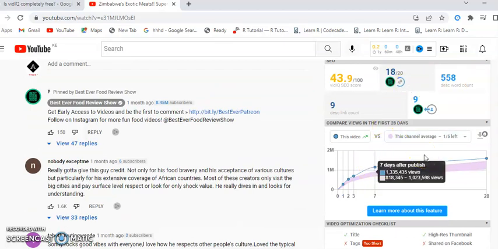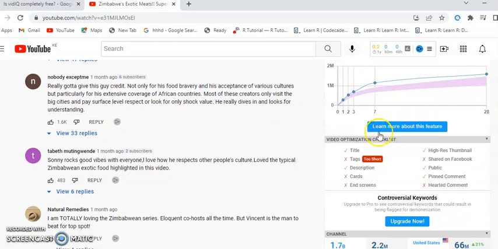This is a graph showing the views based on days, and you can see some of the optimization checklist. This is a very good tool when you're creating videos, so that you can know, is my content really selling? Is it a clickbait or is it not? You can see when you analyze here, when the Google extension tool is analyzing, you can see here